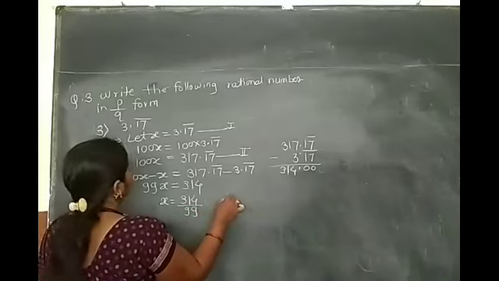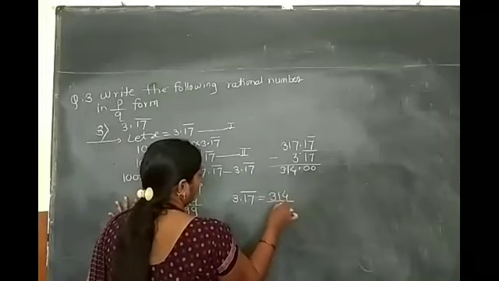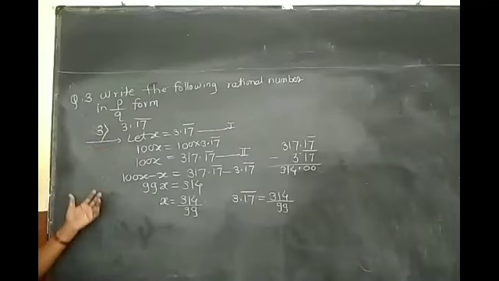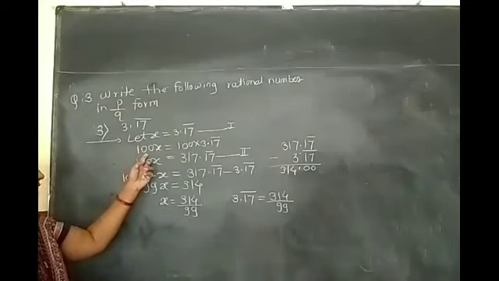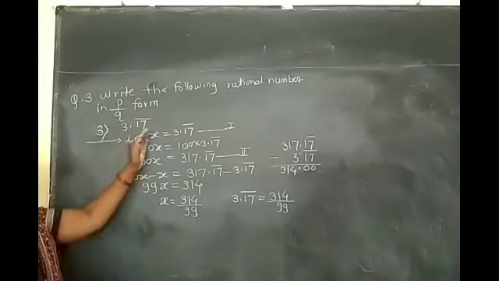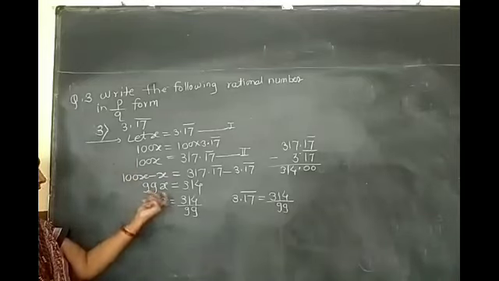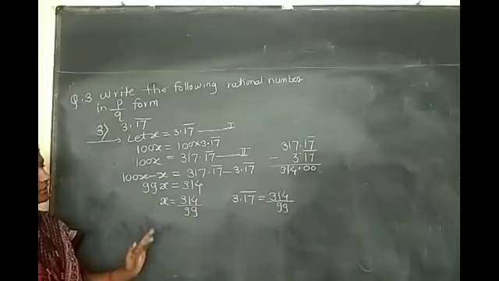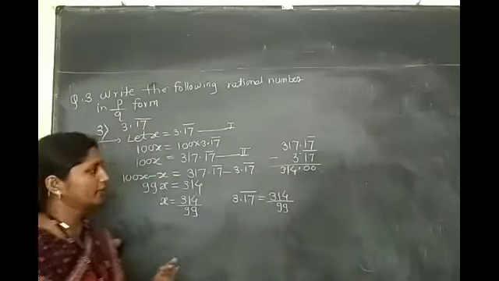This means that 3.37 recurring is equal to 334 upon 99. That is the P upon Q form. Then look at this example clearly. Here the two decimal digits are recurring. We multiply by 100. Then the first and second equations are subtracted, LHS to the LHS, RHS to the RHS. Then with this subtraction, multiply 99 goes to the divider. Their subtraction, look at this, and 3.37 recurring in P upon Q form is 334 upon 99.